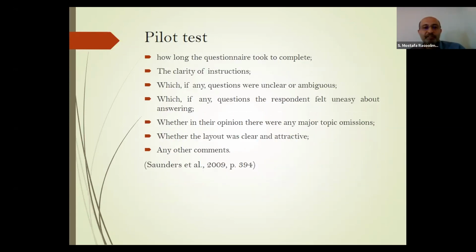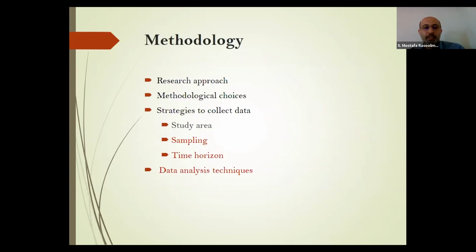So these are some benefits and some principles that we need to consider in pilot